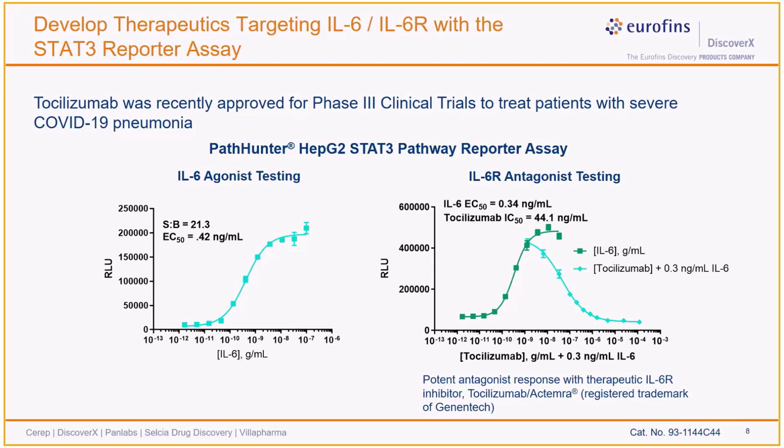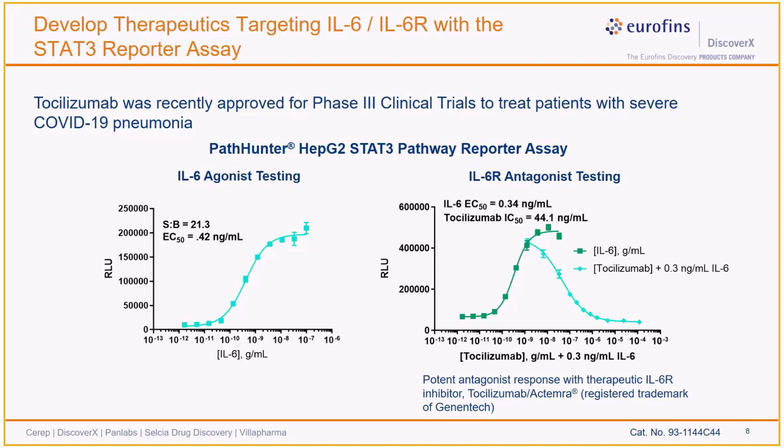and so it is very good at detecting activity with good potency. Recently, the contribution of IL-6 receptor pathway signaling to outcomes of COVID-19 patients was documented. Elevated IL-6 levels have been observed in COVID-19 patients. Tocilizumab, an immunosuppressive drug currently used to treat rheumatoid arthritis, has recently been approved for phase 3 clinical trials on